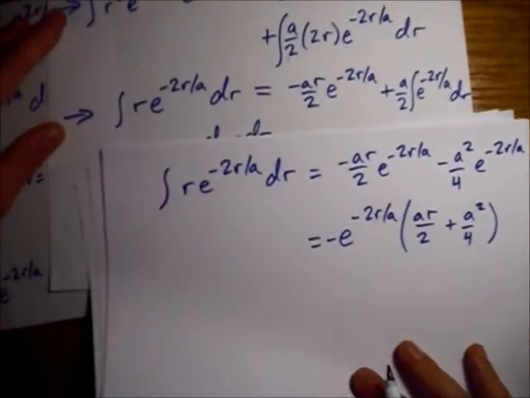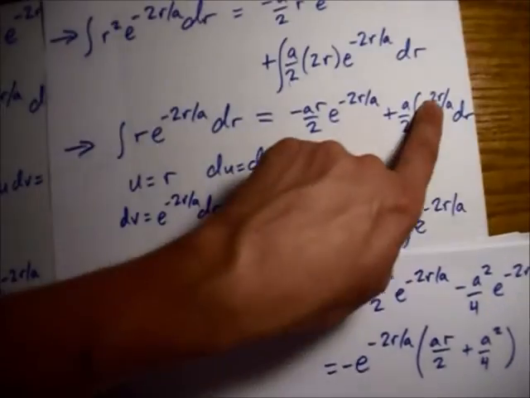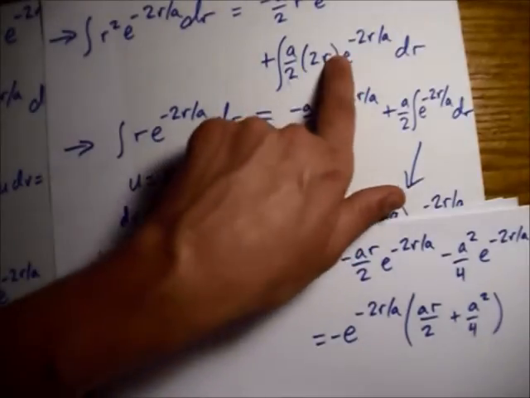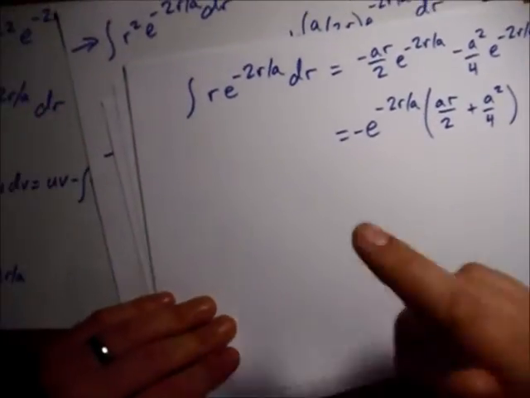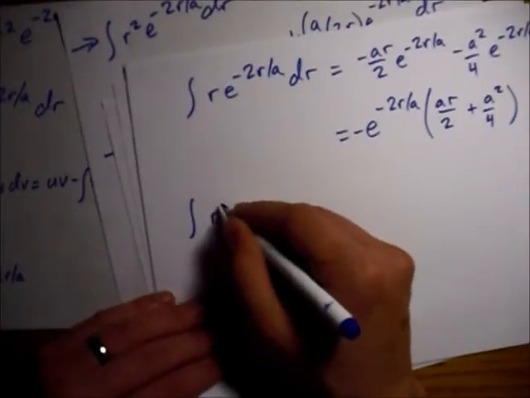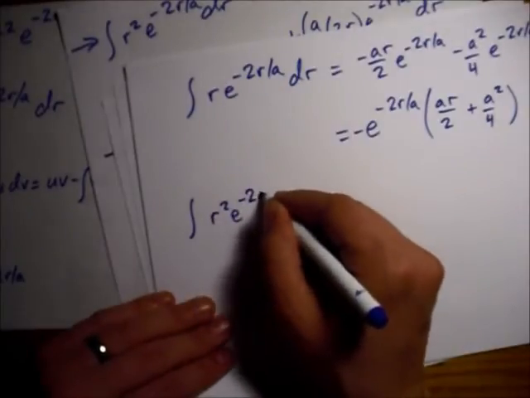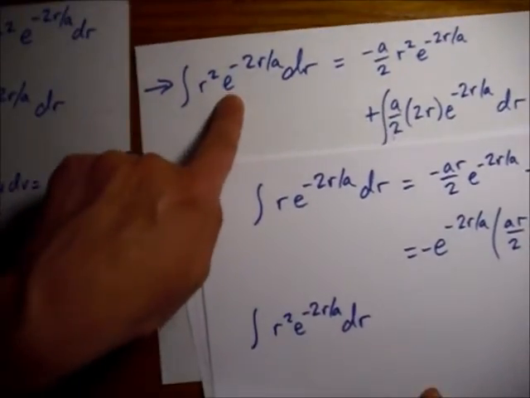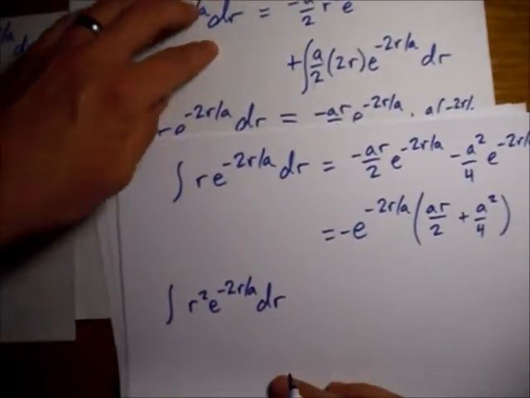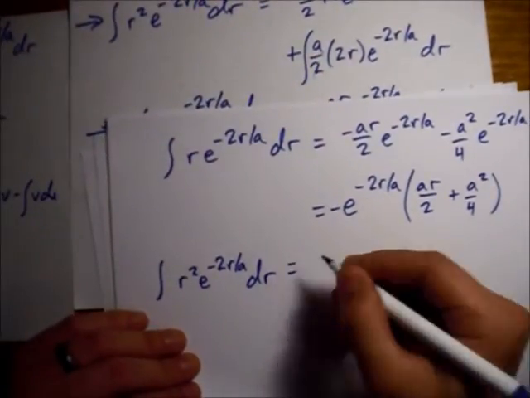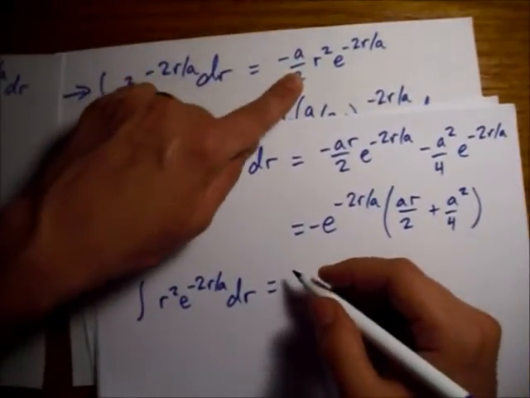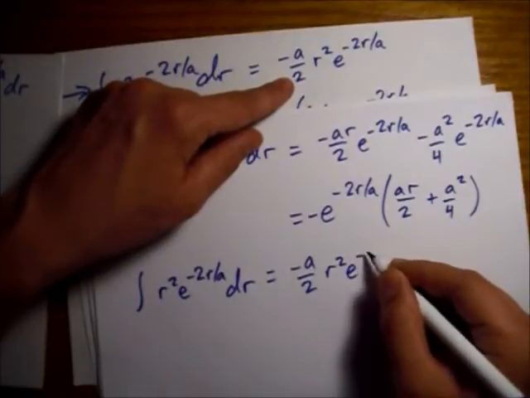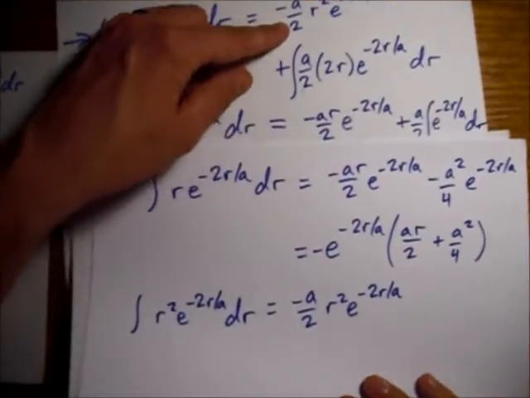All right, so remember what we did. We just plugged this last piece into here and got the answer for this. Now we need to plug this piece in to here. Much faster to just look up that equation. So what I've done now is I've taken this equation right here and written it again down here to remind us what we're plugging in. So here I'm copying from up here. So minus a over 2 r squared e to the minus 2r over a, and then